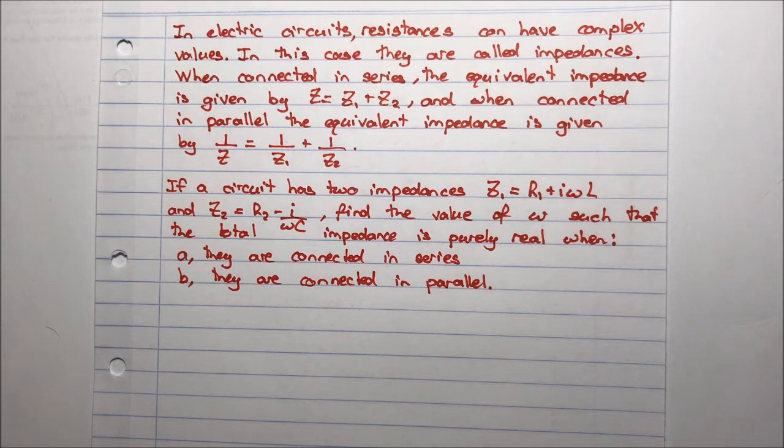If a circuit has two impedances, Z1 equal to R1 plus I omega L, and Z2 equal to R2 minus I over omega C, find the value of omega such that the total impedance is purely real when they are connected in series and when they are connected in parallel. So, for the first part,